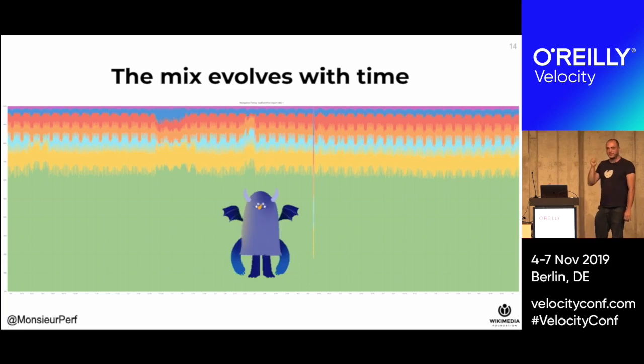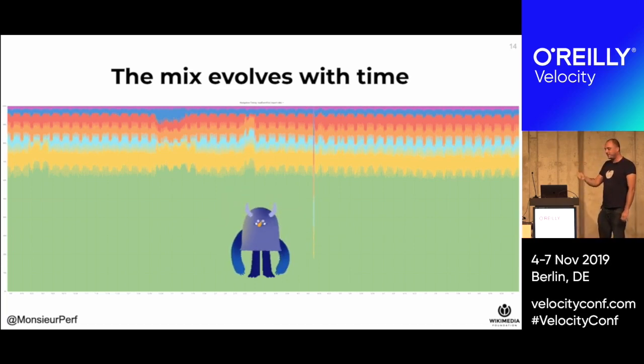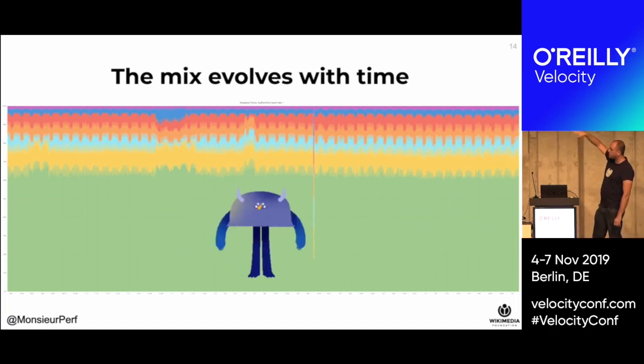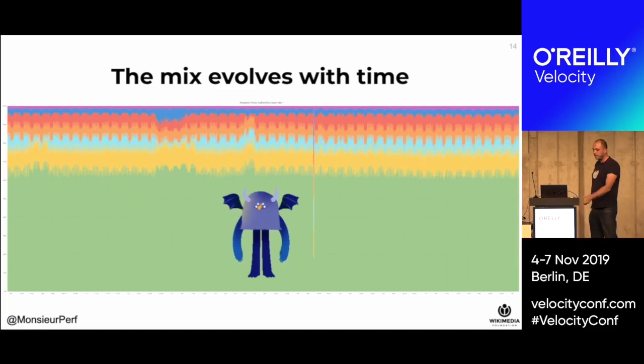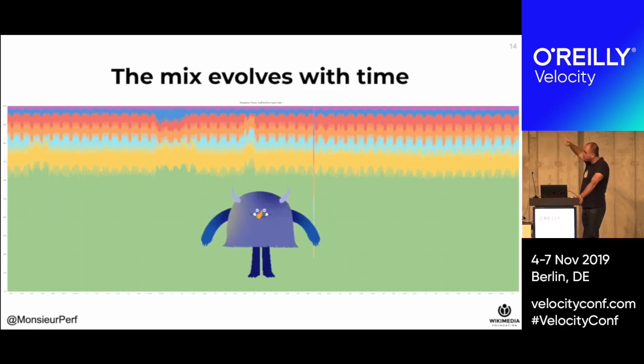with time. It changes with the day of the week, it changes with the time of the day, and it can change over long periods. Like these colors is like a breakdown of market share of different browsers. I didn't label them on purpose, but you might guess what the biggest one is. And you can see that if you look closely, maybe that those trend lines change a little bit over the